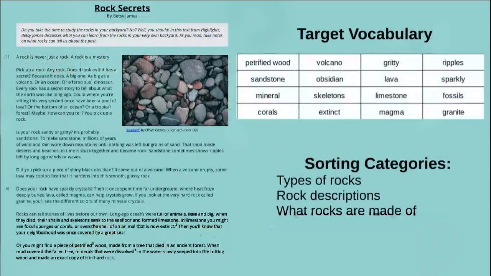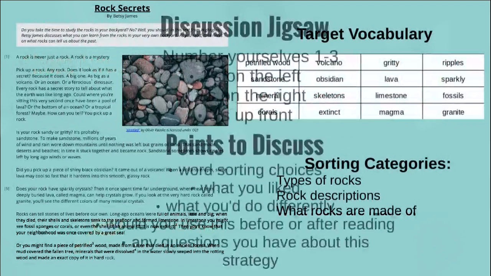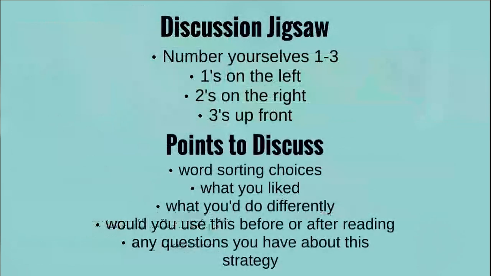Okay, now that you've had time to complete this exercise, I would like to do a quick jigsaw to give you some discussion time. So, if you could number yourselves 1 to 3 in each group, we will have ones meet on the left side over here, twos will meet on the right side, and threes will meet up front by me. Once you've moved into your new groups,